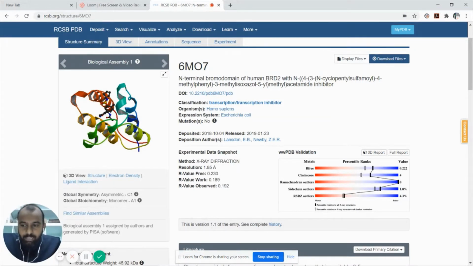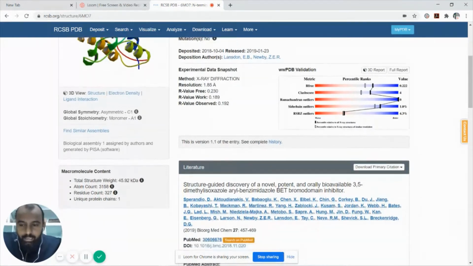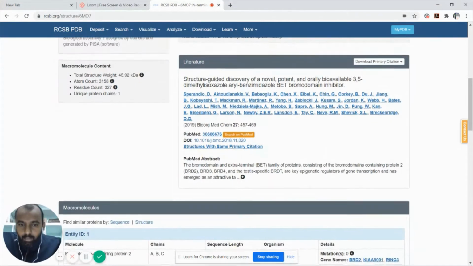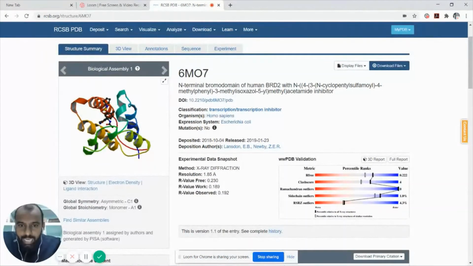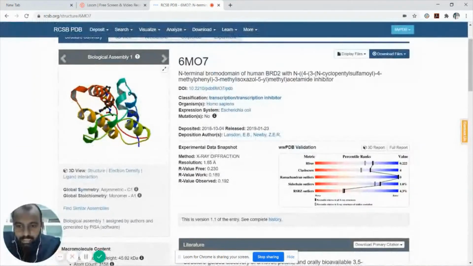You have to understand one more fundamental aspect: the protein deposited in the Protein Data Bank is either by single crystal XRD, or by NMR, or by cryo-electron microscopy. Based upon these three methods, your protein structure is deposited. So here you need to know by which method this is deposited. Single crystal XRD is the most useful method of characterization, and you can see here on the screen that it is single crystal XRD.